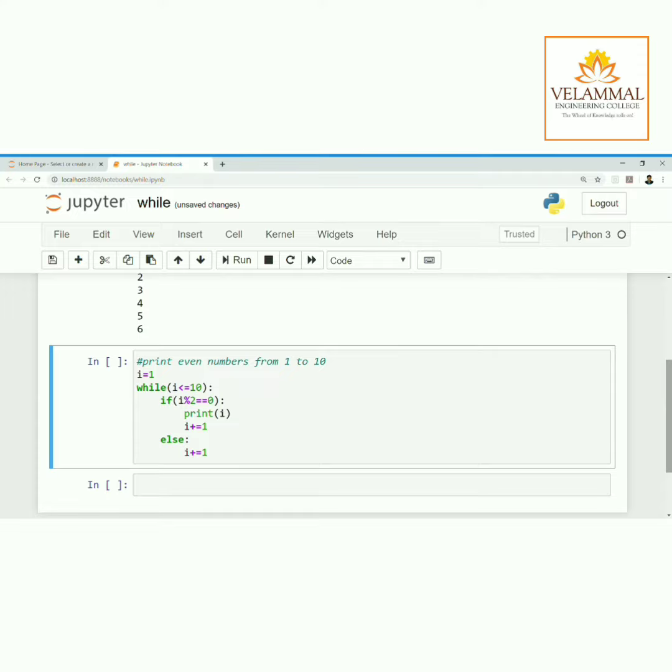So I modulo 2 is equal to 0? 1 modulo 2 is not equal to 0, so the else condition will come. So I will get incremented by 1. 2 is also less than or equal to 10. So 2 modulo 2 is equal to 0, so it will print the number 2. Then it will increment the number, I plus 1, so it will become 3. So 3 is also less than or equal to 10. So similarly, this while loop will run until 10, and it will print only the even numbers that are present